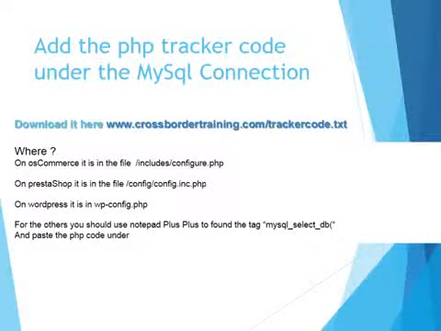So where to place this code, as I explained a bit just before. For WooCommerce, the best would be to paste it in include/configure.php. For PrestaShop, it would be in config.inc.php. For WordPress, it would be in wp-config.php. And actually, for any technology, any script, any CMS, you can use Notepad++ and search for the tag